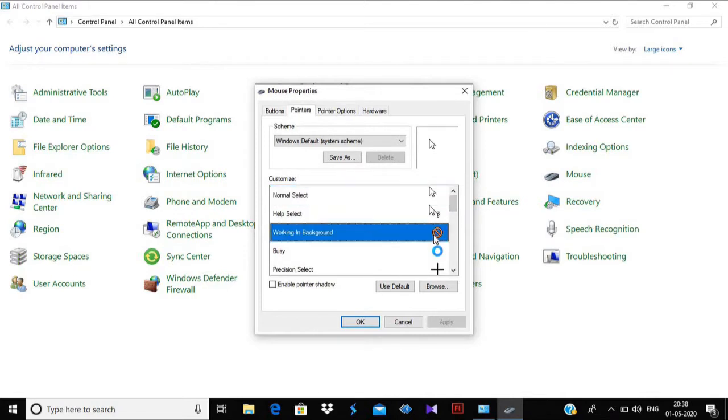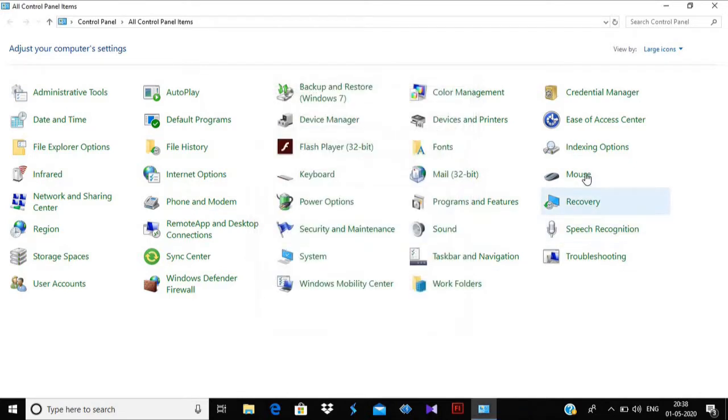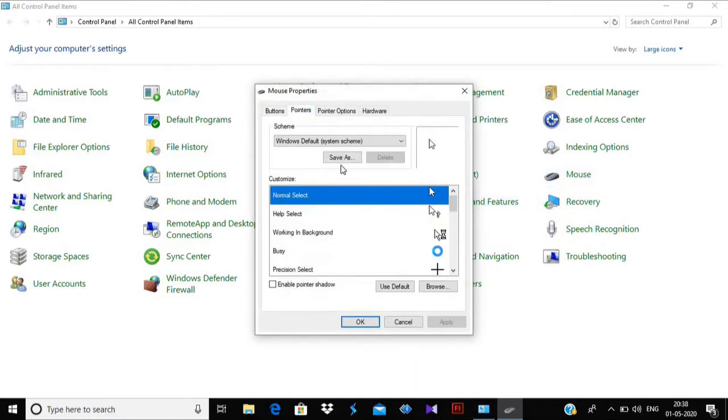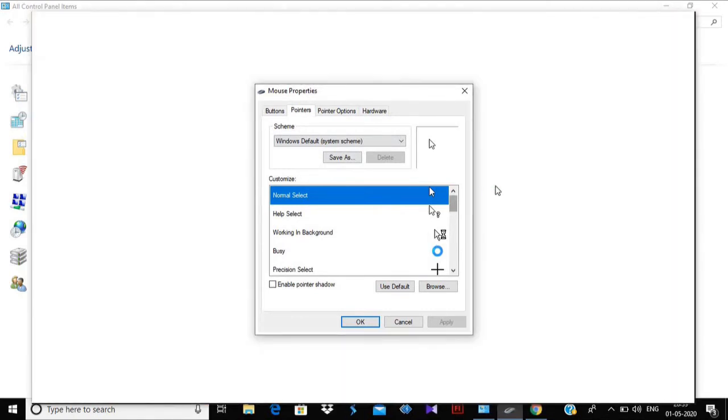You can change any pointer setting. For taking it back, you can click on use default, so it will come back again. Click on apply and okay. Now we have seen the pointer, how the pointer will look, the pointer appearance.